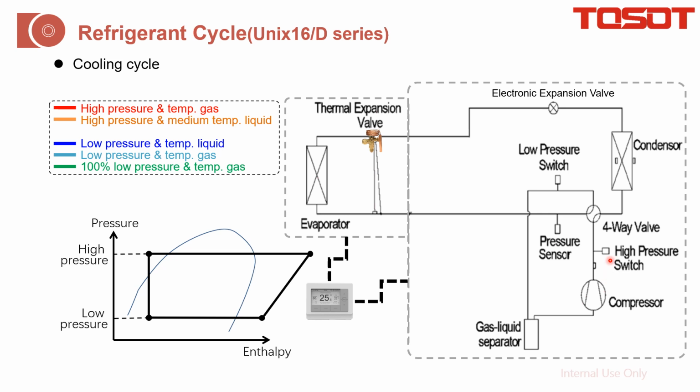It is the high pressure and temperature gas, and then it will go through the four-way valve to the condensing unit, to this one, to release the heat. Then the gas will become the liquid, but the pressure has no change, right? And the refrigerant is not metered at this one here. It just goes to here to do the cooling.